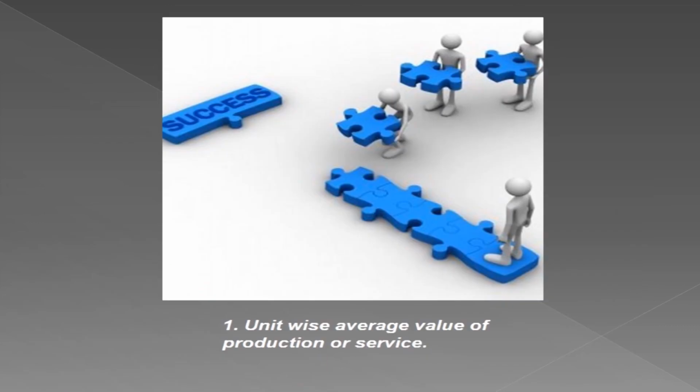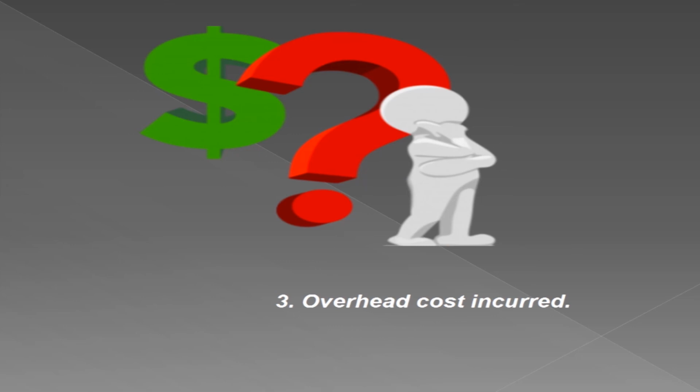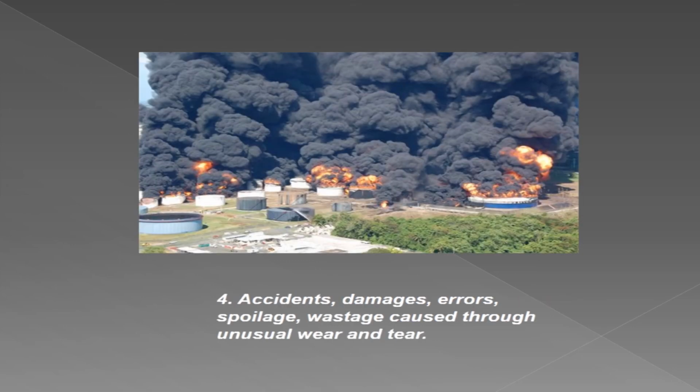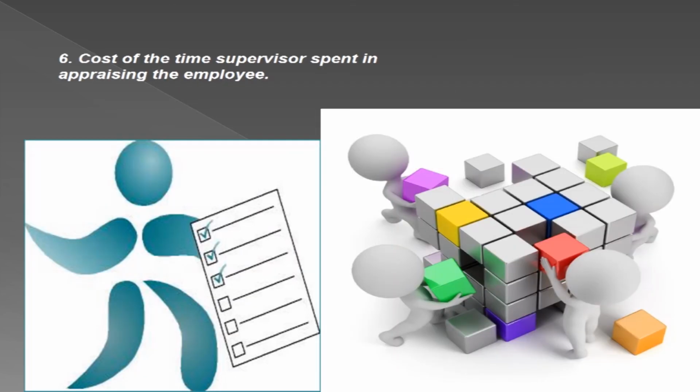Number 1. Unit-wise average value of production or service. Number 2. Quality of product produced or service rendered. Number 3. Overhead cost incurred. Number 4. Accidents, damages, errors, spoilage, wastage caused through unusual wear and tear. Number 5. Human relationships with others. Number 6. Cost of the time supervisors spend